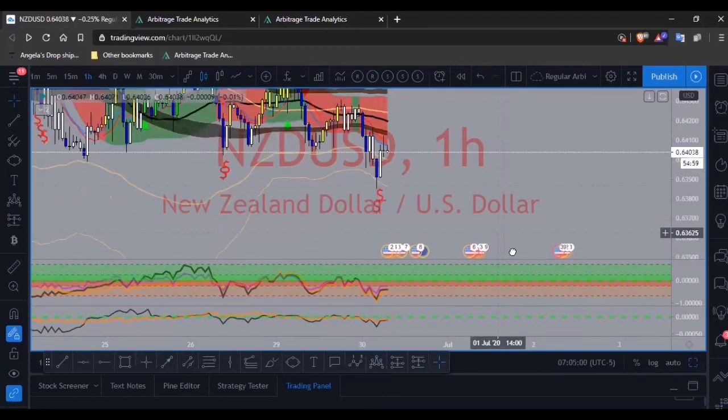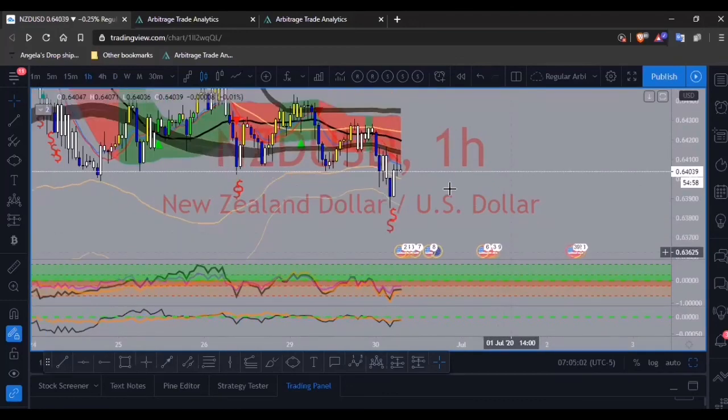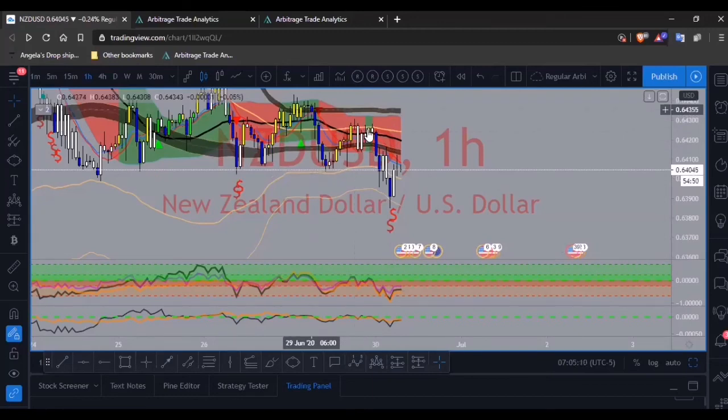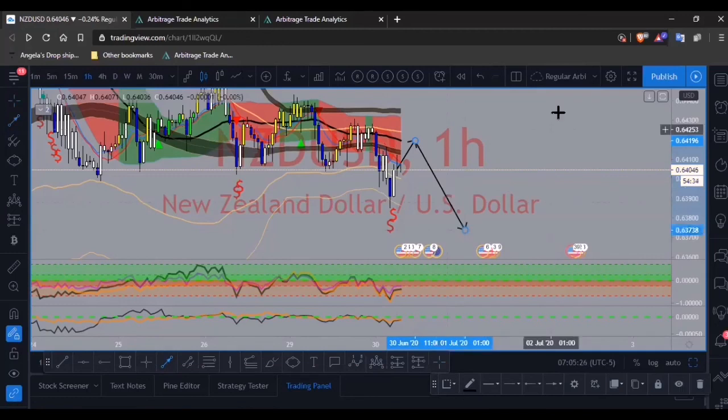Okay, so for NZD/USD, I kind of would rather wait to see if price can come back up again, like how it did right here. It broke, retested the mean line and the RSI line, then dropped. I kind of would want to see it come back to the RSI line and then get an entry for a sell. Because, like I said, overall, I think this is going to be bearish. So this is what I would want to see.